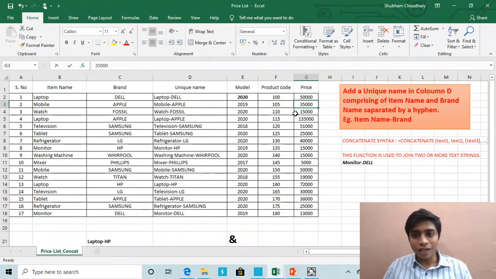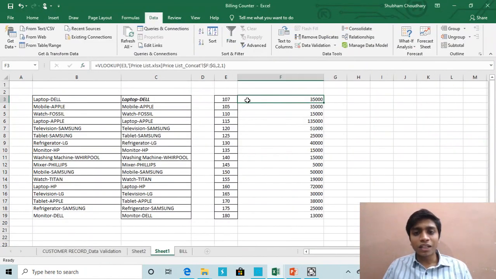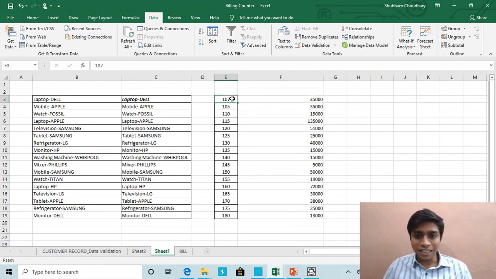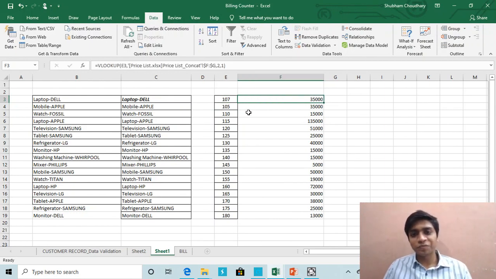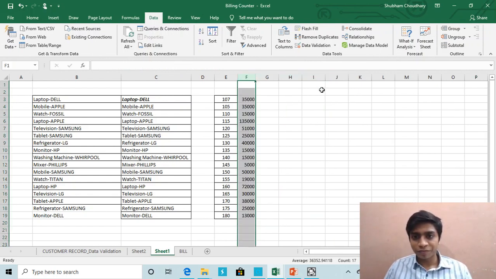So it took the value of a number that is lesser, the first number value that is lesser than the value we have entered. It will take the value of that cell. So this was the approximate match.